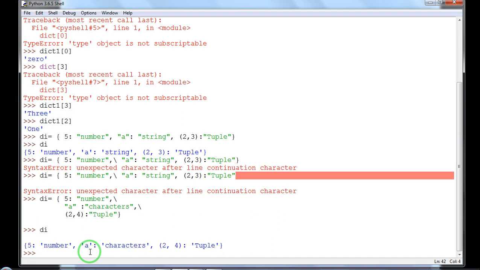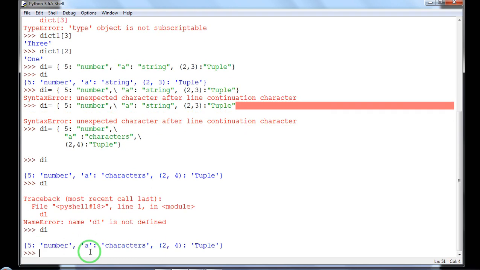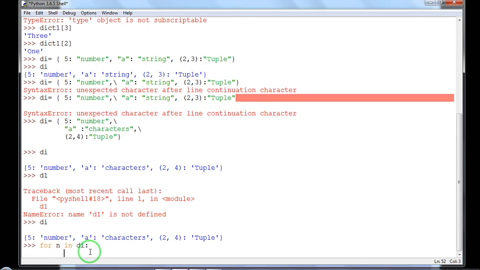Okay, now let's traverse the dictionary that I have created. Name of our dictionary was D1. Now this was the dictionary, so I will use a for loop. I can take any loop variable. I have taken x over here. I can also take n over here. Any valid loop variable I can take. For n in D1, and then I will use a colon to make the block of this for loop. Print. When I give the command print n, let's see what will happen.